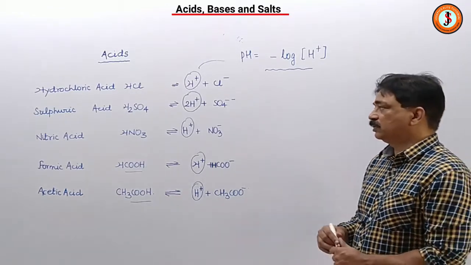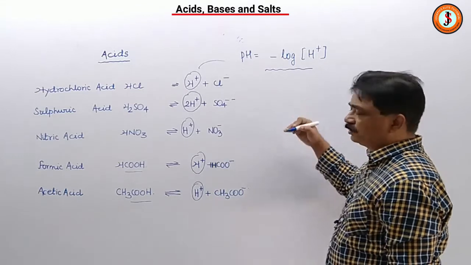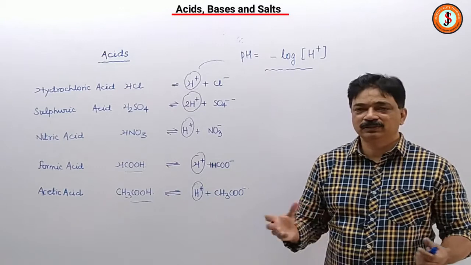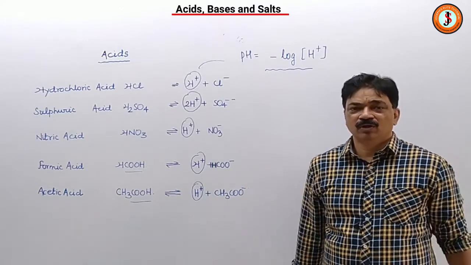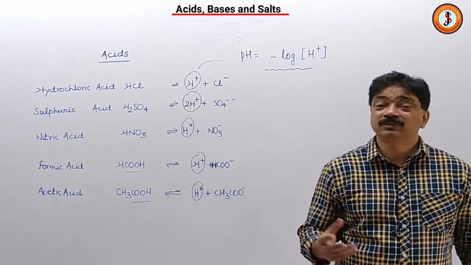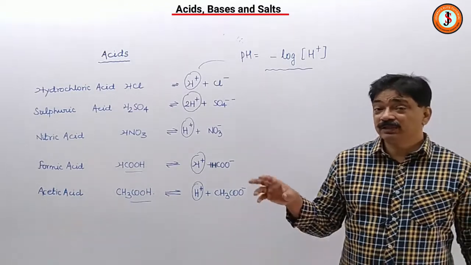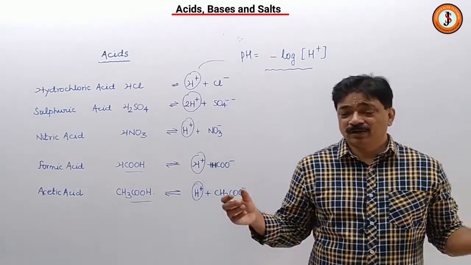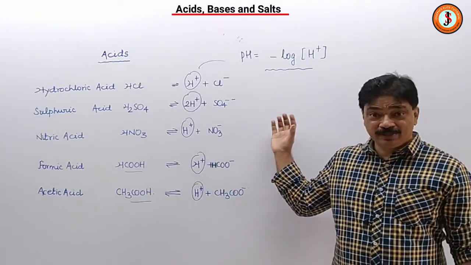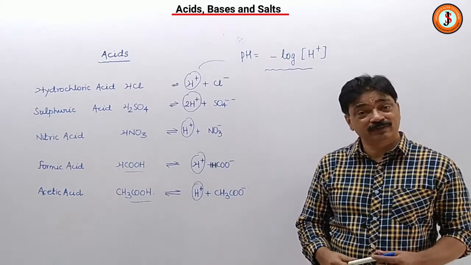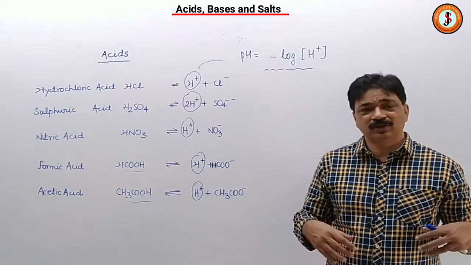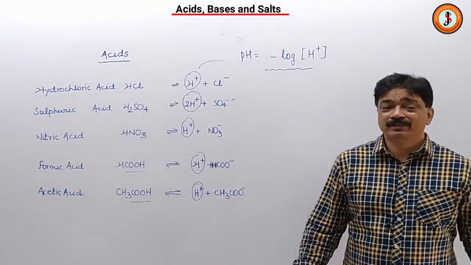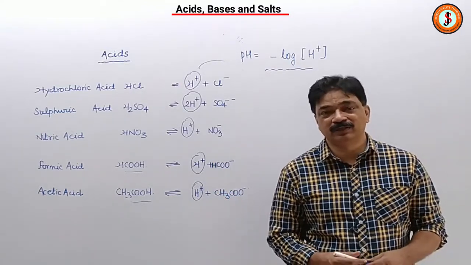Now the second part: what is the meaning of dilute acid and concentrated acid? It's just the mixing of acid and water. More water, less acid means dilute acid. More acid and less water means concentrated acid. Here you should also understand that acids are ionic in nature, and their solution will conduct electricity. Whenever you mix acid and water, the reaction is exothermic, heat is generated.